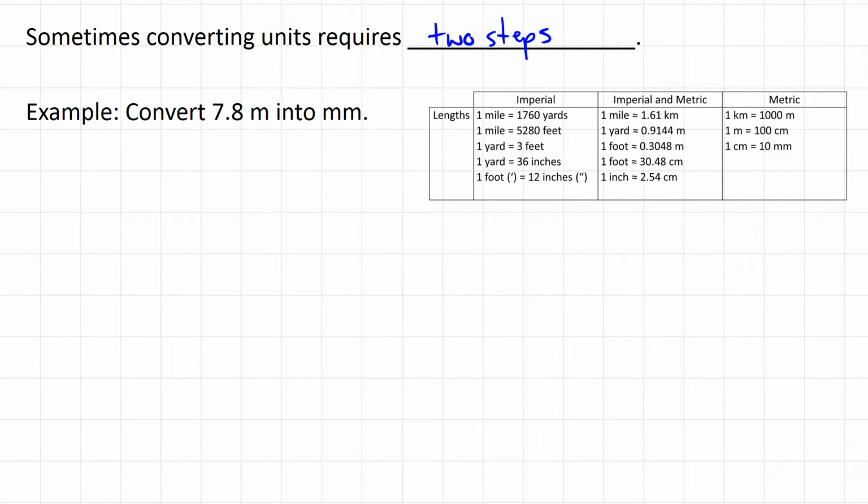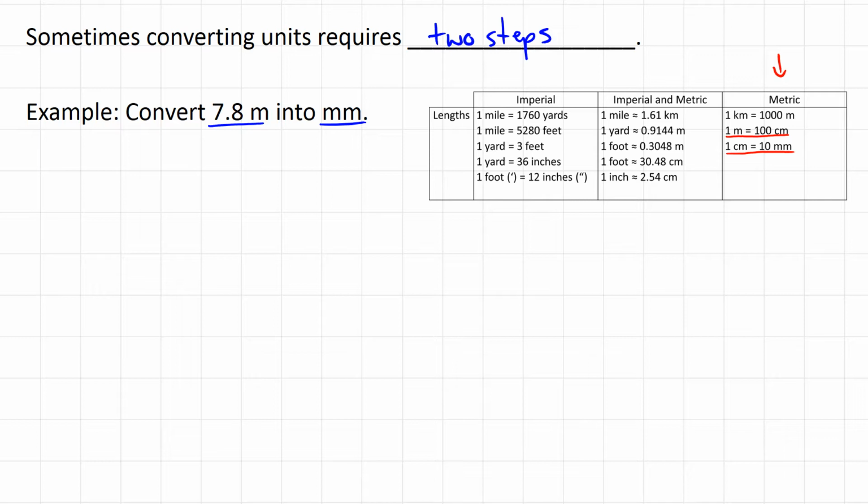We want to convert 7.8 meters into millimeters. So that's a metric to metric conversion. So let's go take a look at the metric column. None of those three equations relates meters and millimeters directly. What we have is a relationship between centimeters and millimeters, and then meters and centimeters, but nothing that's directly meters